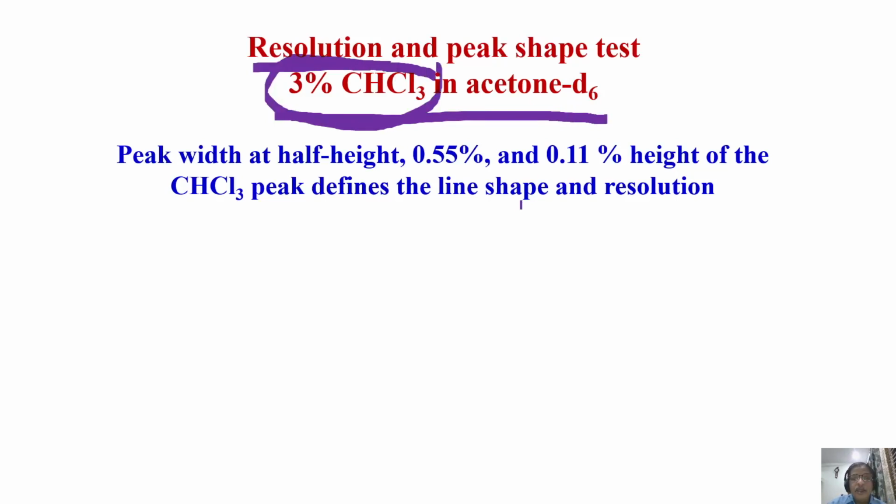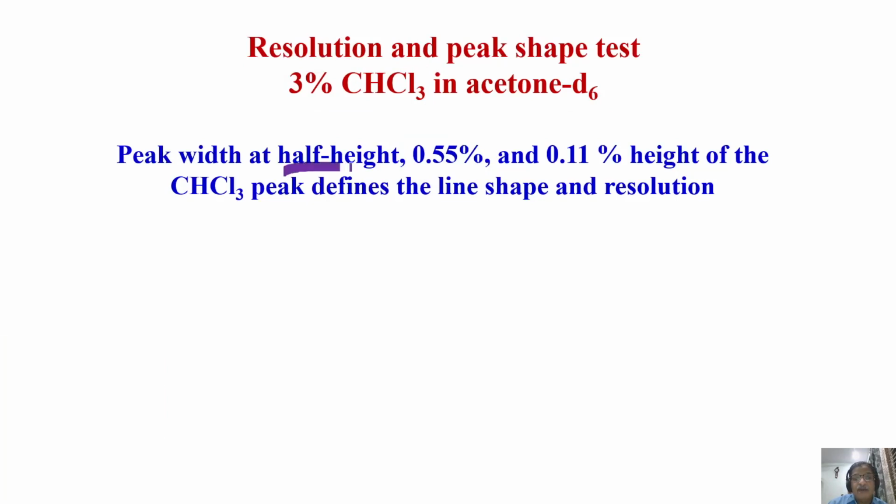Take a proton spectrum of chloroform, you'll get a single peak. Now measure the peak width at half height. There are three things you have to do. Peak height, and peak width you have to measure at half height, full width at half maximum. And then you increase the signal intensity enormously. Find out 0.55% of this